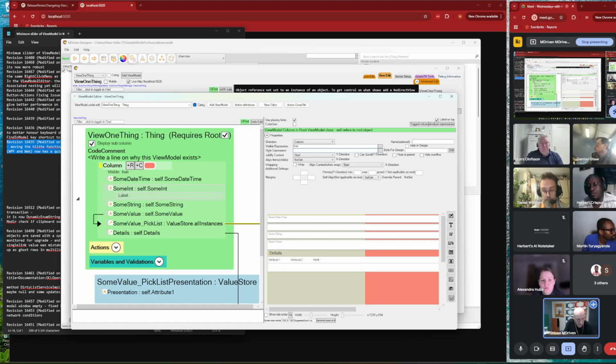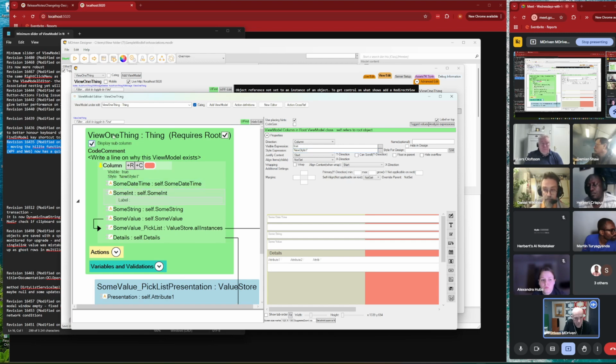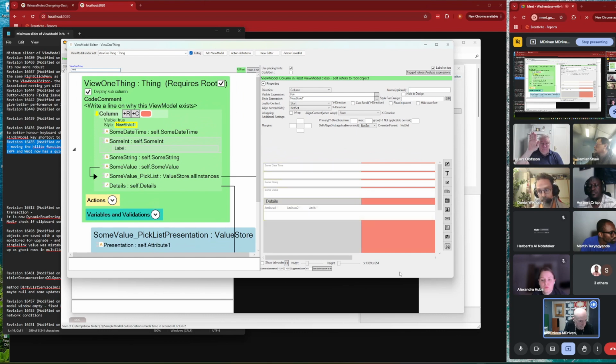And if it has a style expression like new style 1, that will show up here, and that helps for example when we're doing find. So if we're looking for new style 1, that's easier to see where that is in use and also to understand what's going on. And while we're here,